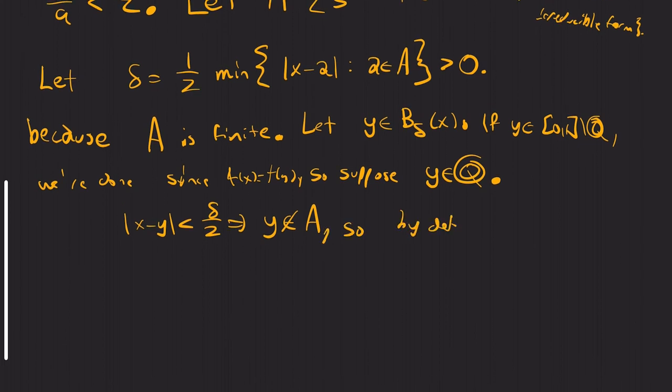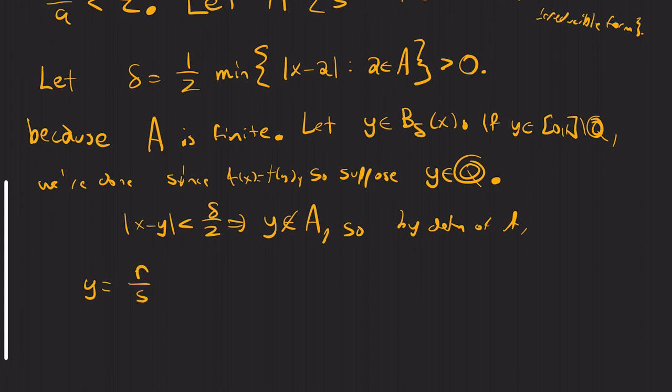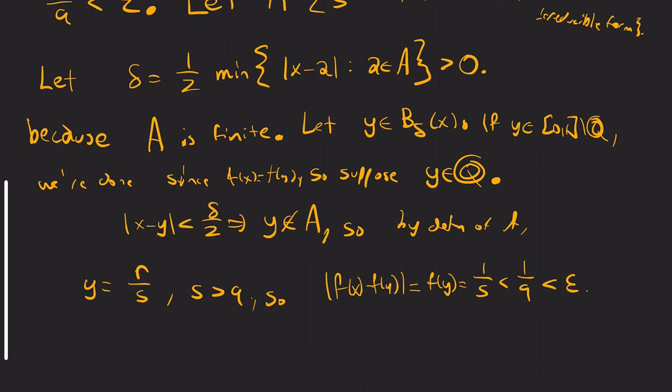So by definition of A, y equals p over, so q has been set, let's just use r over s again, where s is strictly greater than q. So the absolute value of f of x minus f of y, well, f of x is 0, so this is just f of y, is 1 over s, which is strictly less than 1 over q, because s is strictly greater than q, and that is less than epsilon. Which tells me that every irrational is continuous. So the set of discontinuities is exactly equal to the rationals,